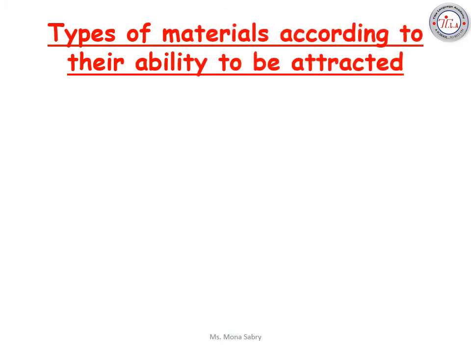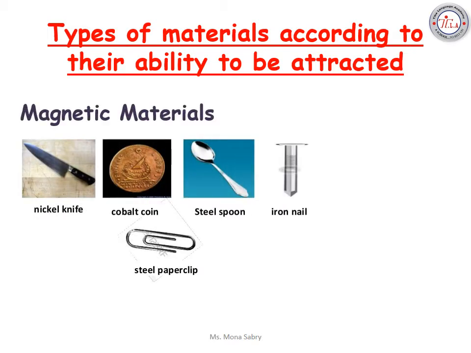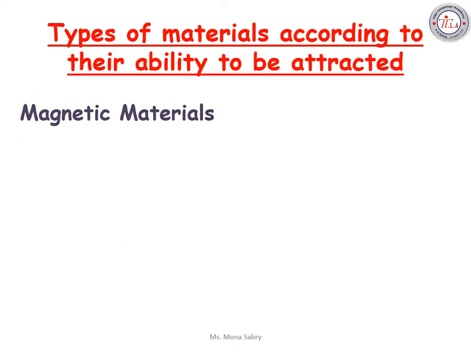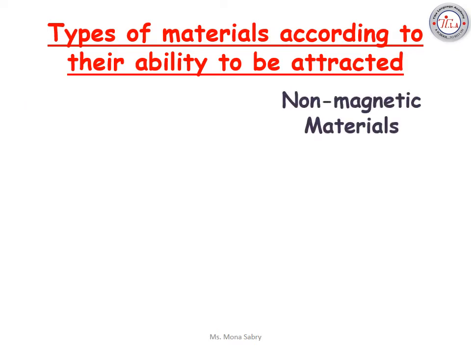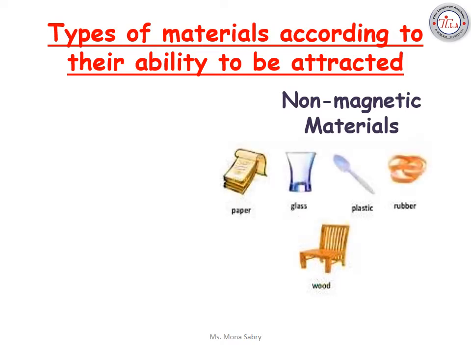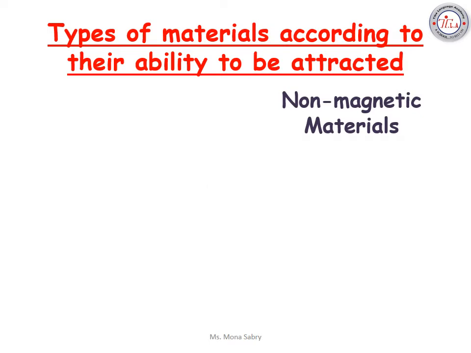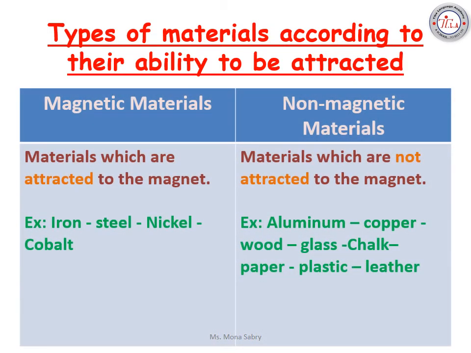Types of materials according to their ability to be attracted. Magnetic materials like a nickel knife, cobalt coin, steel spoon, iron nail, steel paper clip, and non-magnetic materials: paper, glass, plastic, rubber, and wood. There are two types of materials according to their ability to be attracted: magnetic materials and non-magnetic